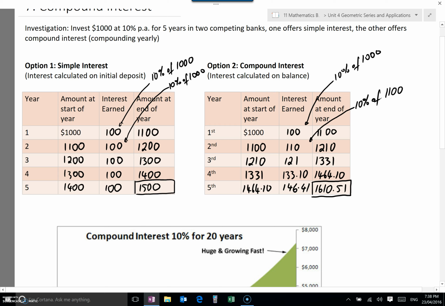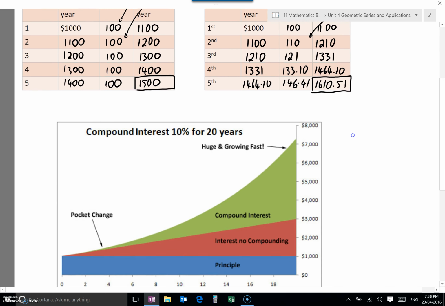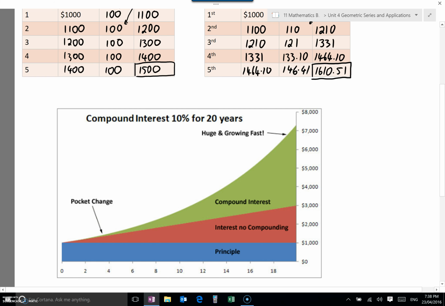So we would have made an extra $110.51 just by choosing a compound interest account instead of a simple interest account. So when you're investing money, really important that you read the fine print and see whether you're getting simple interest or compound interest. That probably doesn't seem like much of a difference, but if we look at this scenario over 20 years, we only looked at the 5-year difference. This little difference in here of